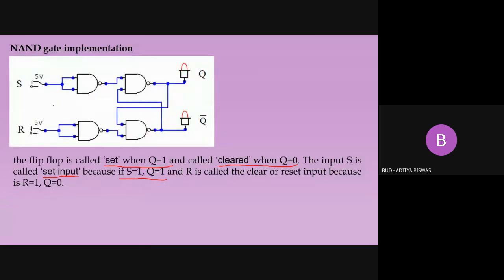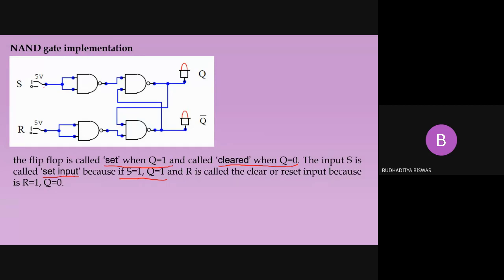Okay, now there are only 5 minutes left to end the first class. Now this is called the RS latch. This is not the flip-flop. As I discussed, between the latch and flip-flop, the main difference is that a flip-flop needs the clock pulse, but a latch doesn't need the clock pulse. A latch is just a combination of basic gates.